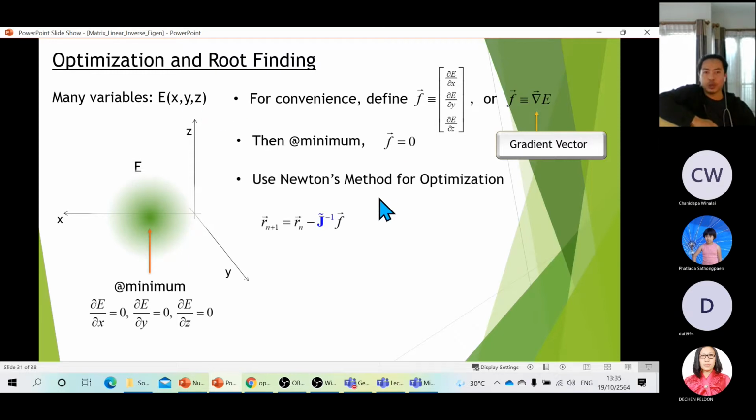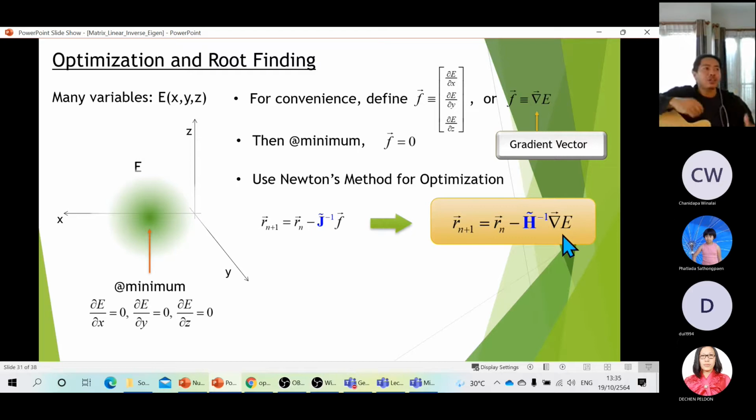So how do we do it? Well, do the same trick as before. Before, we had this nice Jacobian inverse multiplying the f vector, and we can turn that into this particular form. Now, the f here is still the f vector, but sometimes we write this as the gradient instead, just to make it more sophisticated, but it has the same meaning.